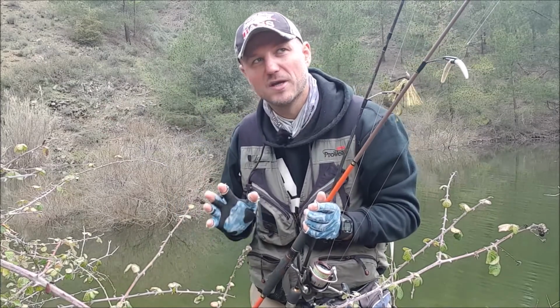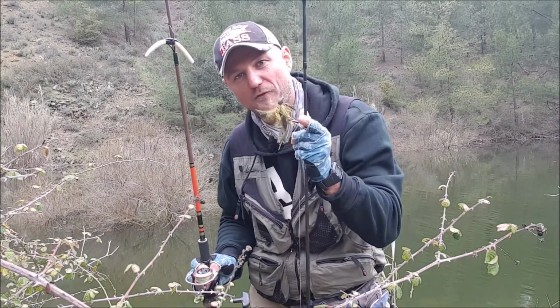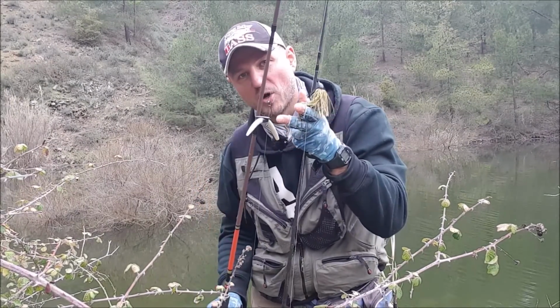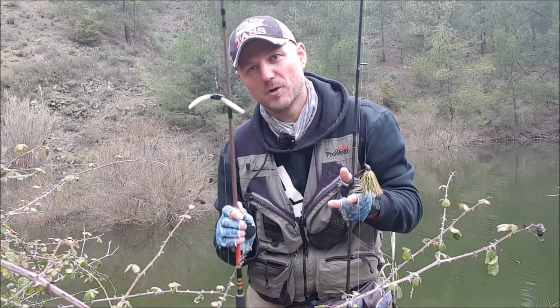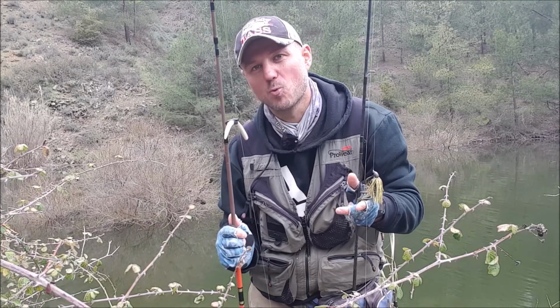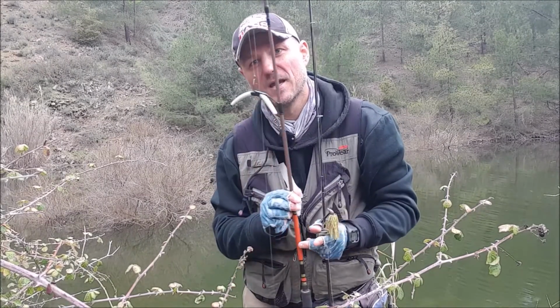So I'm gonna use such techniques as a jig. You see two rods, a heavy jig, like 18 grams, with a crawfish, and also the white color plastic worm. It's a light version, it's a wacky. We call this technique wacky, where the plastic worm is on an offset hook without any weight. So this technique